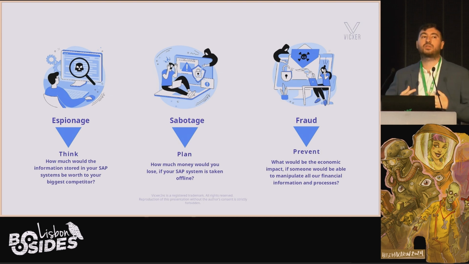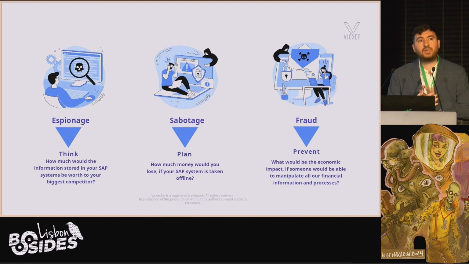It's very important that you articulate the message correctly, and it's very important that you understand the business a little bit more when you present the results. Otherwise, no one will understand you and things will still be left unpatched and broken. So everything that we're going to see here, we're going to divide in three: espionage, sabotage, and fraud. Espionage, to be simple and to give you some examples, is like, think what information of one company could be valuable for another, especially if you need to create manufacturing stuff, formulas, etc.